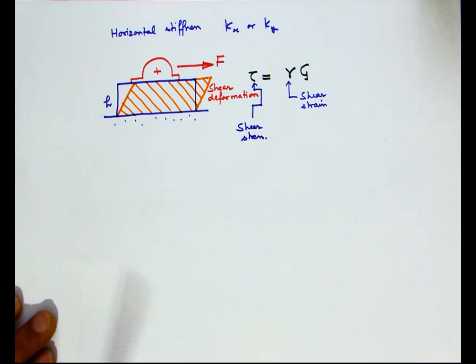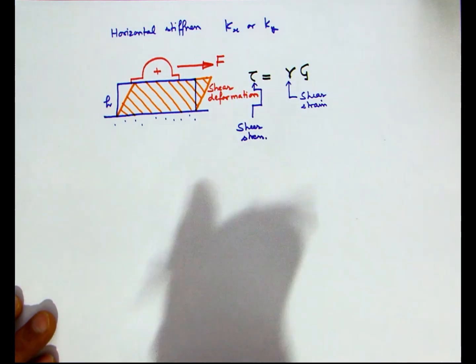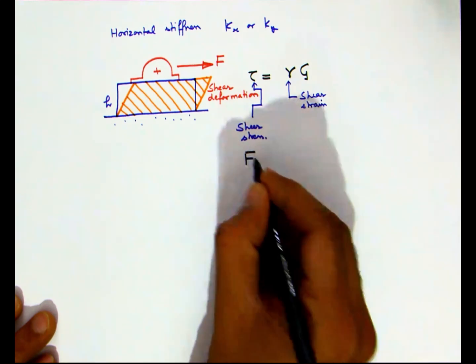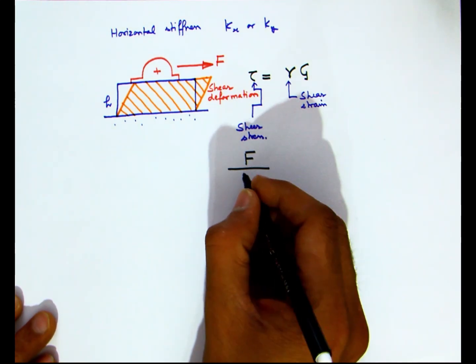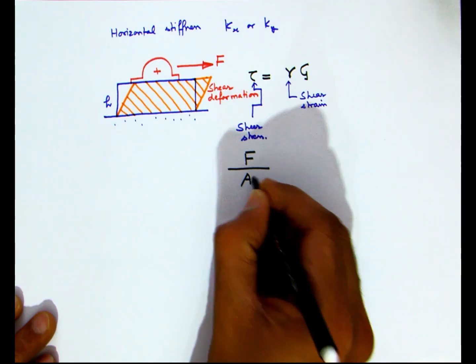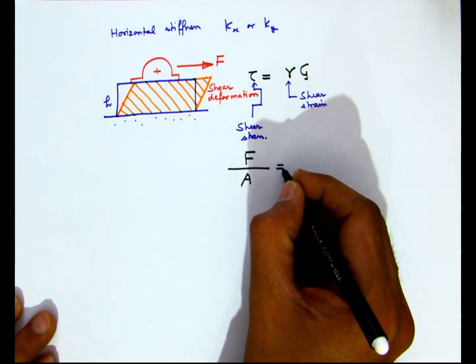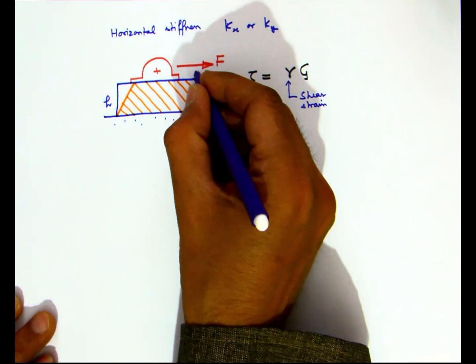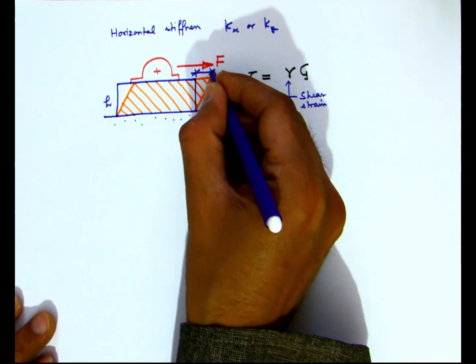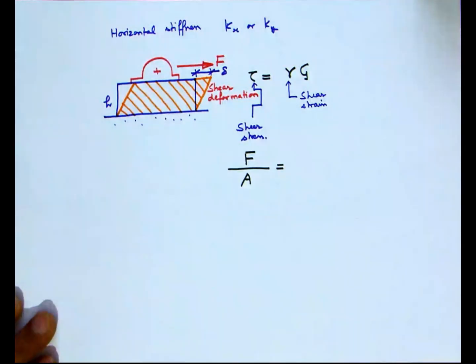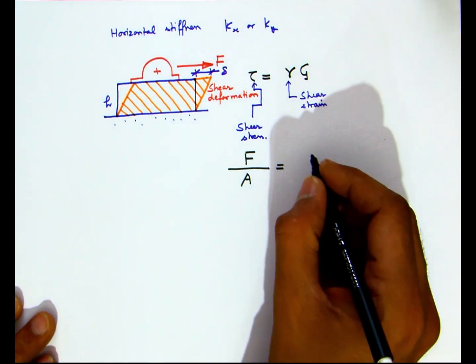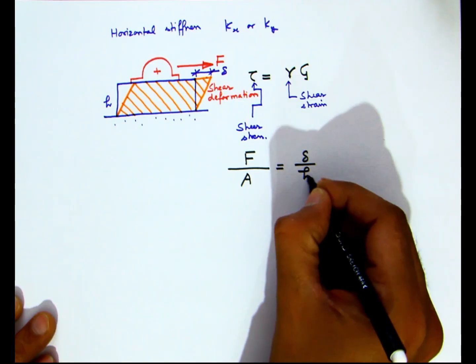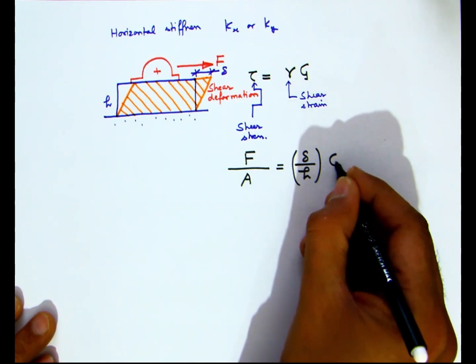So we'll use this expression to derive the expression for the horizontal stiffness. So expressing the shear stress as the ratio of the applied horizontal force to the plan area, and the shear strain as the ratio of the